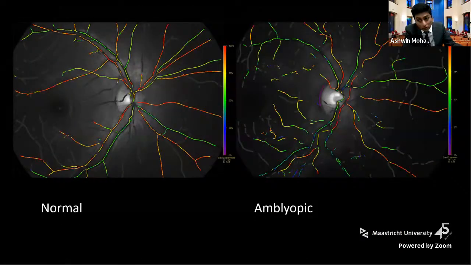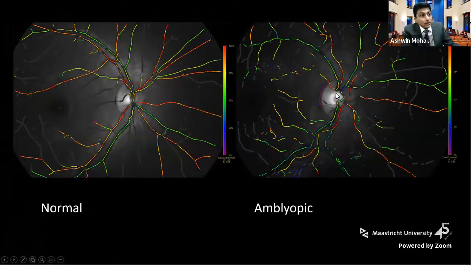Then we tried to see what happens in disease. Amblyopia, as many of you might have seen, is a lazy eye. So this eye sees less as compared to normal. The one on the right is the amblyopic eye, and the one on the left is a normal child with a normal eye. And when we look at the retina when the patient is with us, we cannot find any problem. So we wanted to see if oximetry can give us a problem. And what we saw was there was a slight difference from that same child's other eye, but not that much